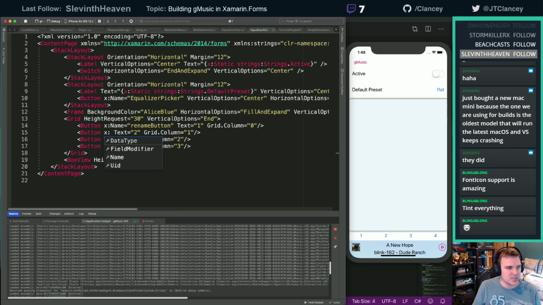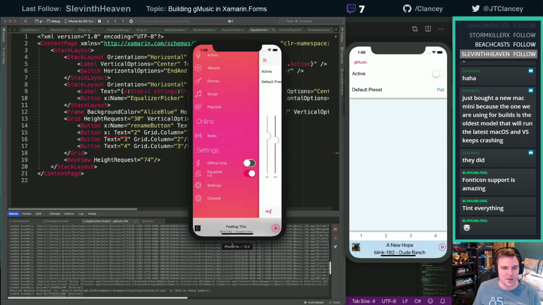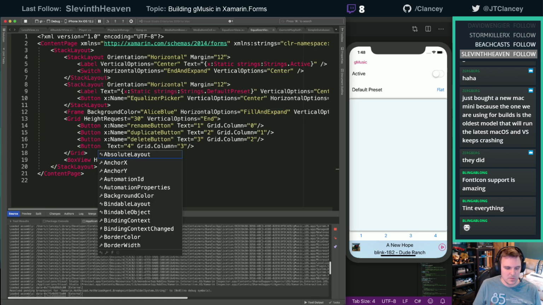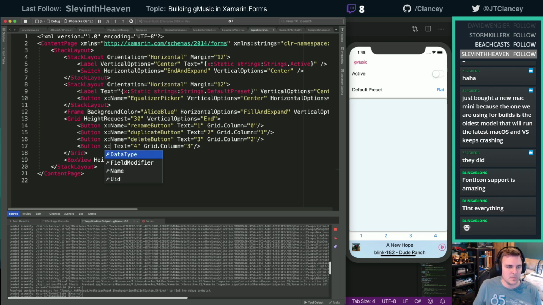We're going to throw in the next one. I don't have my simulator up and I can't remember what those buttons are all. Just going to leave that off screen. X name. Okay, button. Do this one here with X name equals and delete. And then we'll do this one, X name. And this one is undo. Oh no, reset.